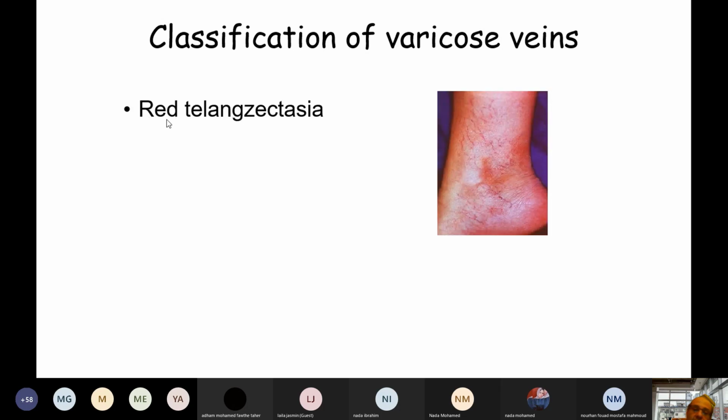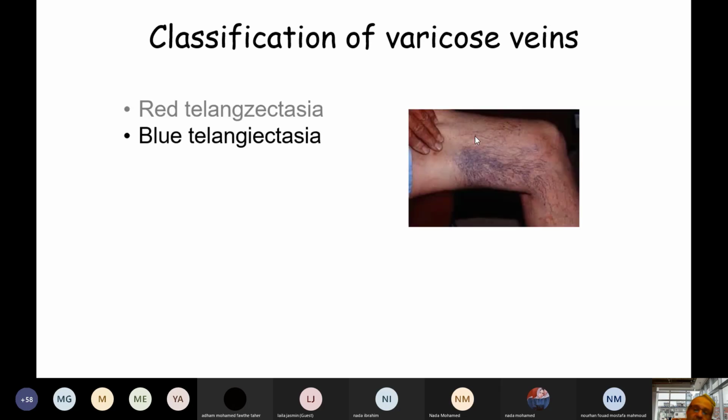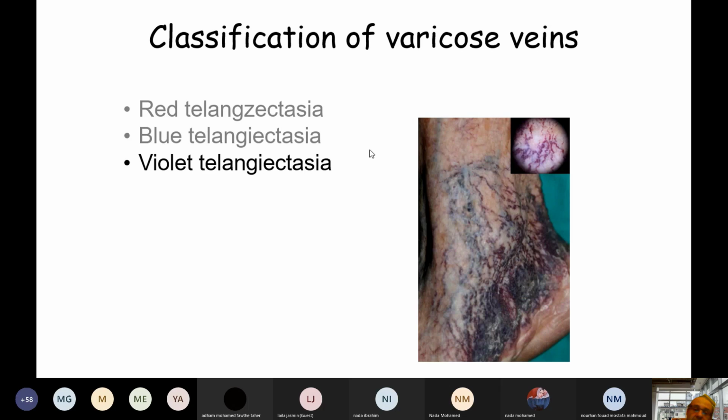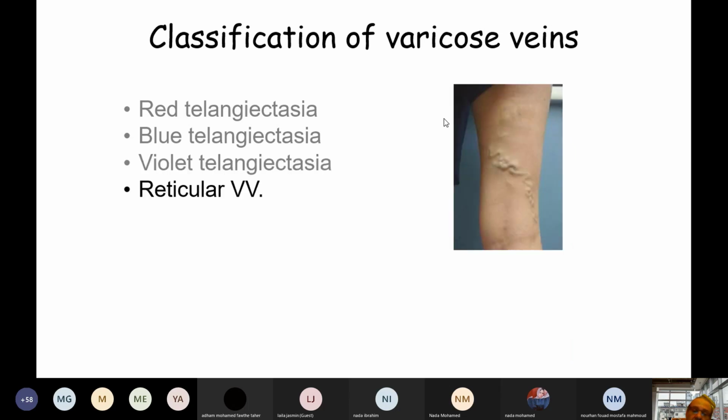We could have some red telangiectasia, some dilated veins which are red in color and small in caliber. We may have what is called blue telangiectasia, larger and more condensed blood vessels, and violet telangiectasia. All these forms, red, blue, and violet, affect the cutaneous veins, but with different severity, starting from red, then blue, and violet. On the other hand, I may have tributaries of the major veins, which are superficial or deep,